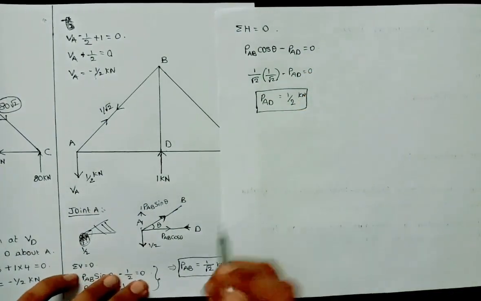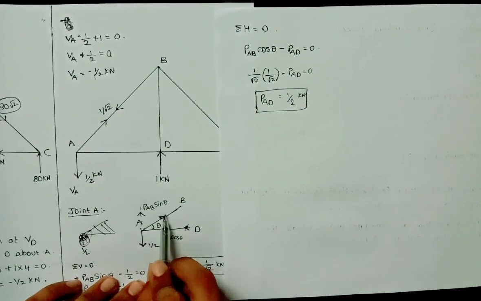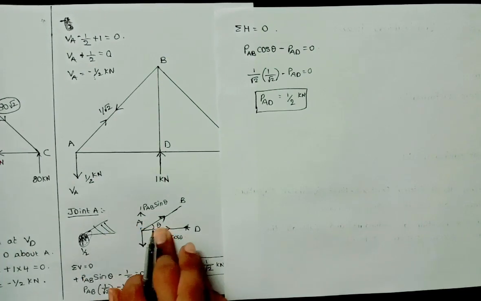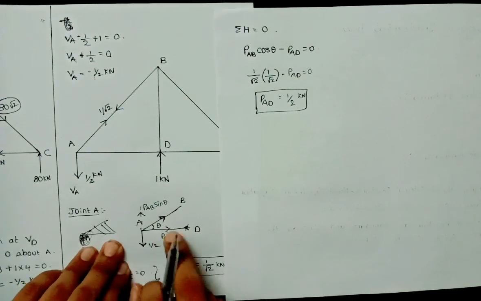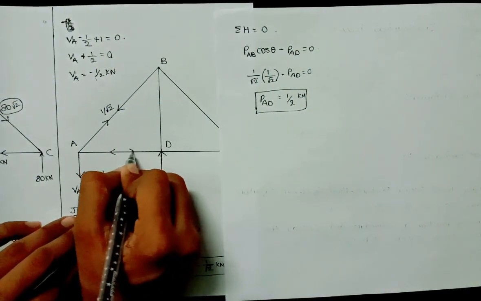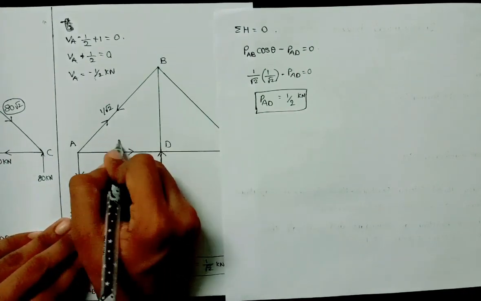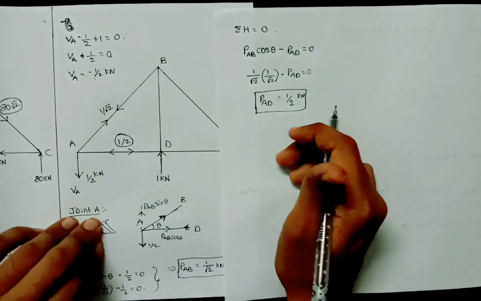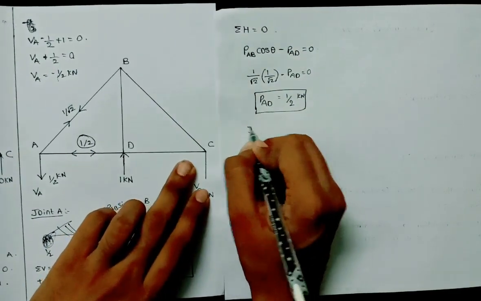So what is the nature of this PAD? You forget about this arrow. This arrow is about PAB, so you cannot consider this one. Now consider this arrow is pressing this joint, towards the joint, so it is in compression. This arrow is in compression. The way of representation of compressive force is that the arrows should be away from each other. So we got the value 1 by 2. Since it is a compression, I will round it off. Next we will go to joint C.